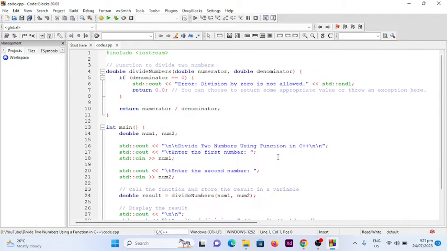So in this video I will teach you how to create a program that will ask the user for the first and second number, or two numbers, and then our program will simply divide the two given numbers using a function in